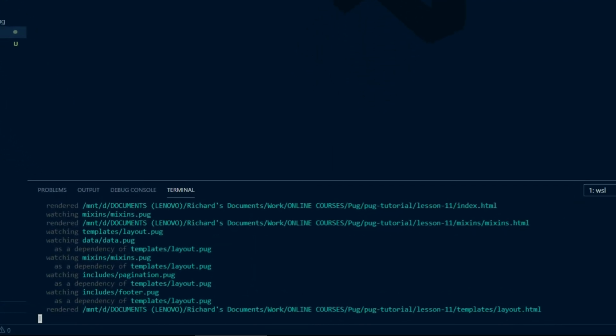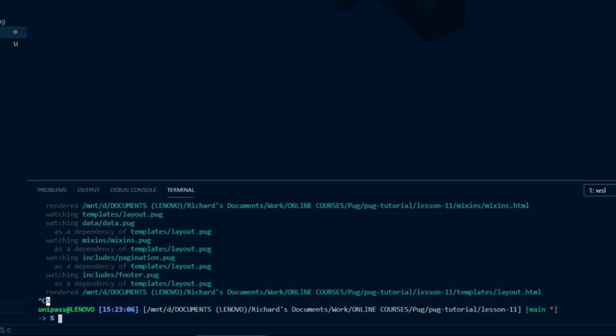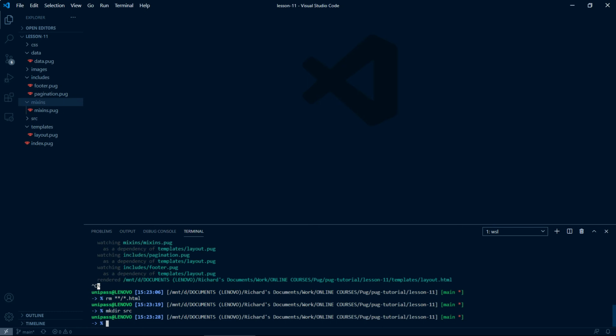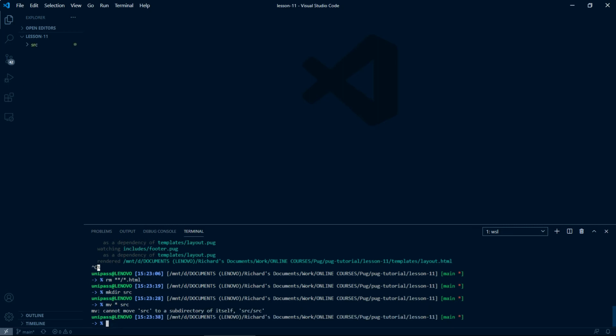On the command line, use Ctrl-C to stop PUG watching the files. Then delete all the HTML files with rm *.html. Use mkdir src to create a new directory named src. Move all the files into the src directory using mv * src. Make a directory alongside src named dist,